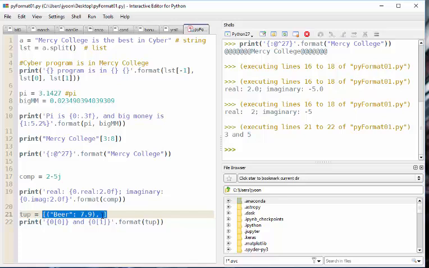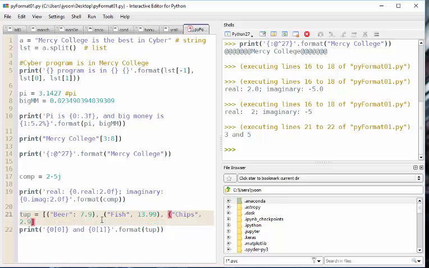I have a number of items. So the first item is beer. The second item maybe fish, and the price for that is $13.99, and then the other item is 2.95. All right, something like that. And then there is a tuple. If I want to list all of those,